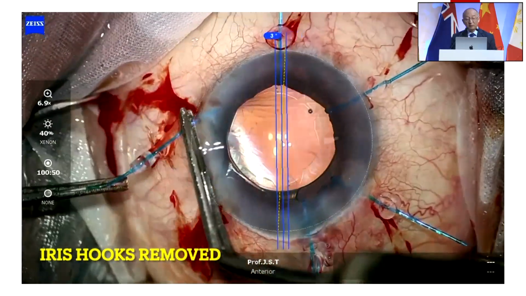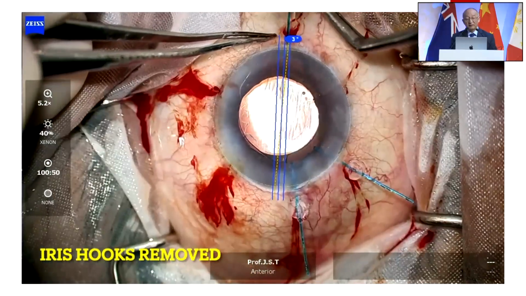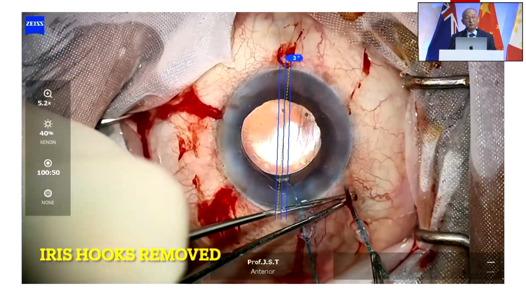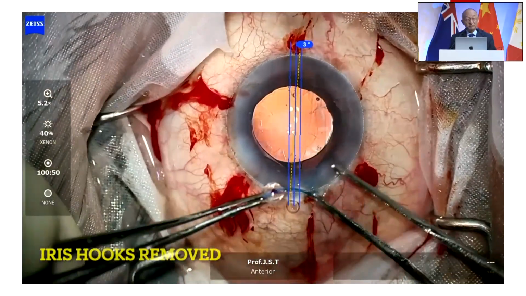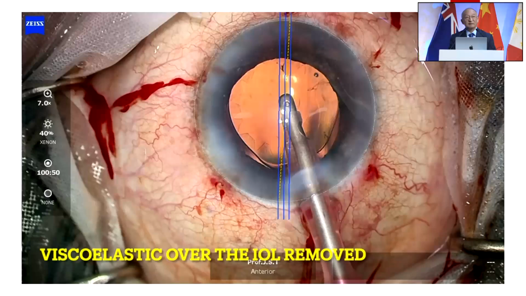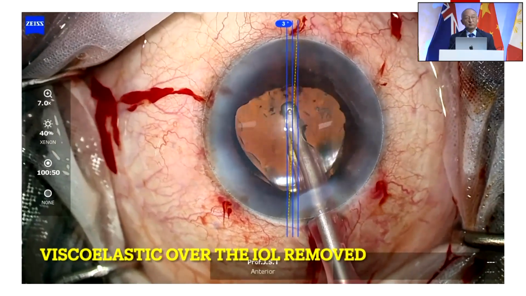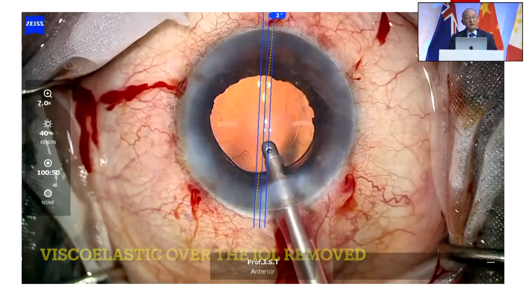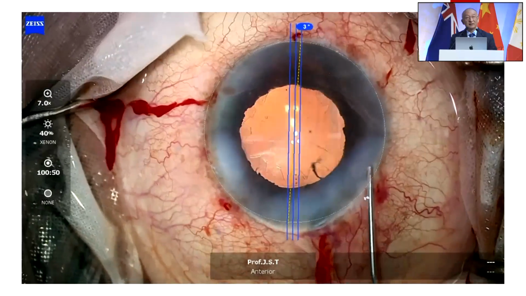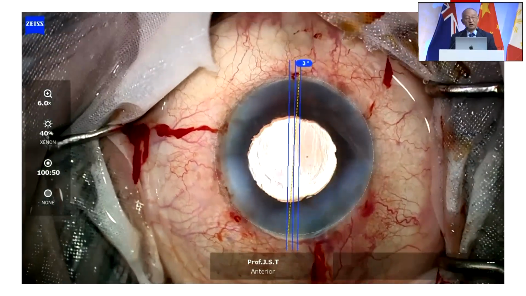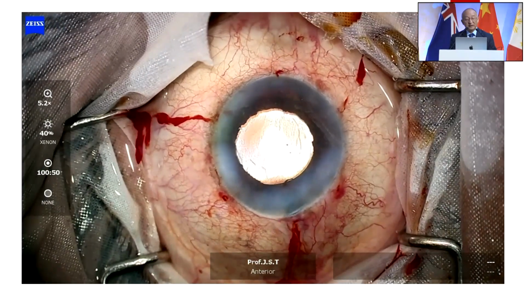Then comfortably remove all the hooks. Now the only thing you have to do is remove the viscoelastic from the anterior side. The lens will be stable. So this is how your lens is going to remain. If you remove the hooks before you remove the viscoelastic, the pupil constricts and the entire management of toric IOL becomes very difficult. The learning here is